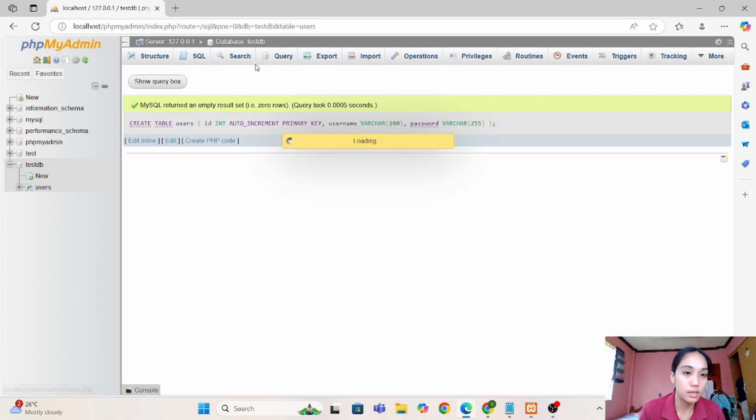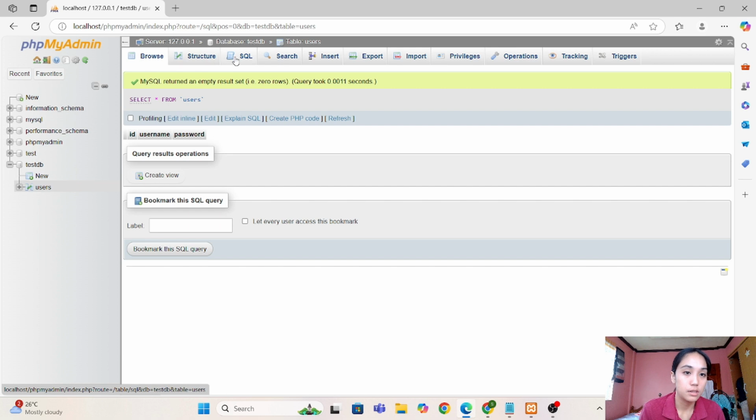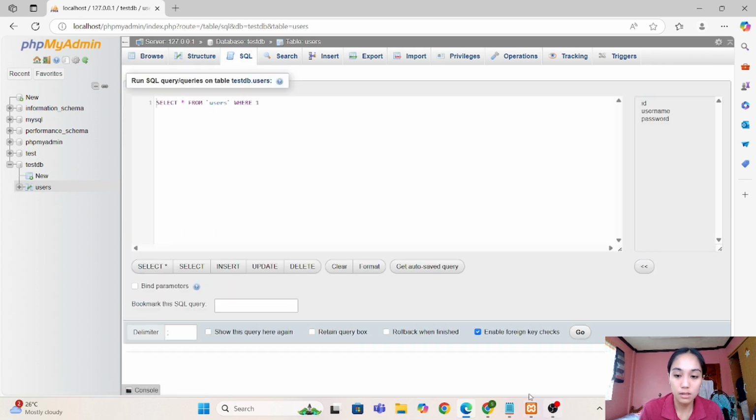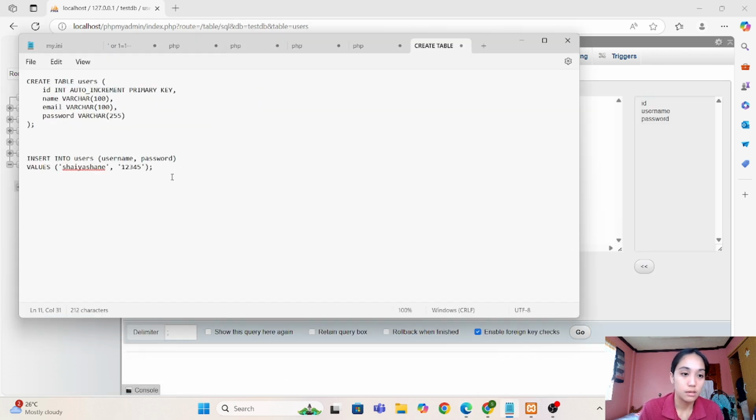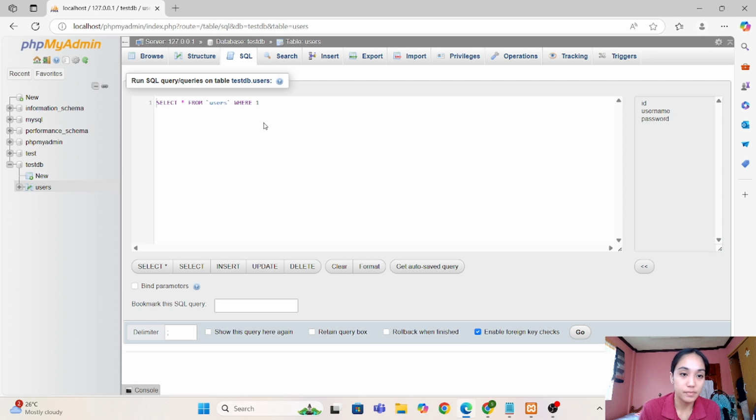So, yun, then insert ng data. Lagay natin to, kasi magagamit mamaya.